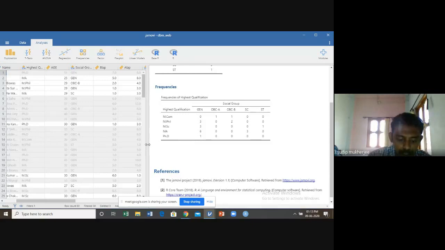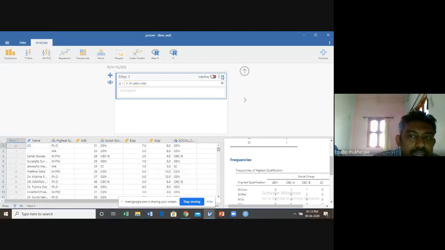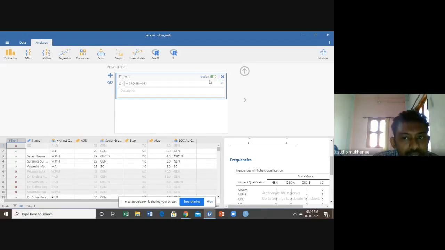Now, next, what is our interest? We try to opt out of the filter. How do we do that? Here the icon is active. Just see this icon active. If you click on this active icon, then automatically it becomes inactive, so no filter exists here.